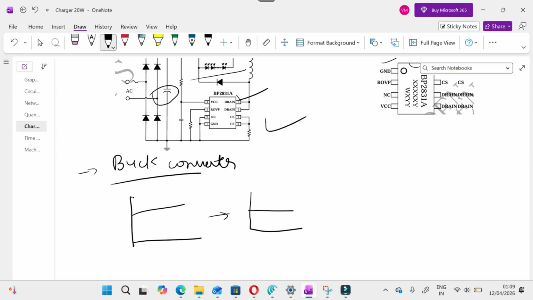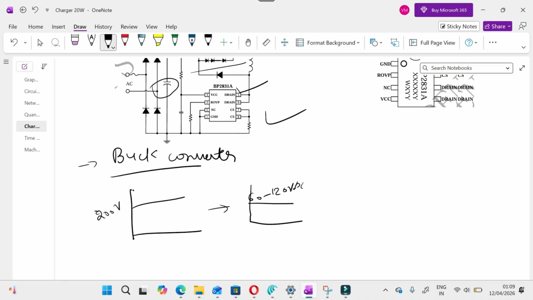If this is around 200 volt, then this output will be around 60 to 120 volt DC. That is how this voltage level is converted, and then this IC majorly works on one important phenomenon, that is